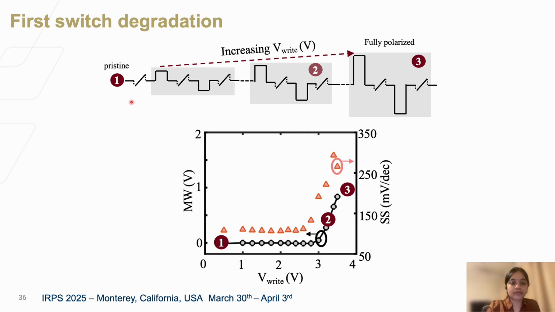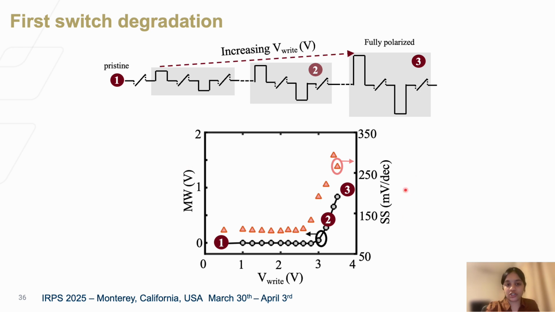So let me go through it. We have an initial read operation done in the pristine state. Followed by that, we apply bipolar pulses, that is a program pulse followed by a read and an erase pulse followed by a read, for subsequently increasing write voltages. So initially we apply a very small voltage and track the memory window that we see and the subthreshold slope